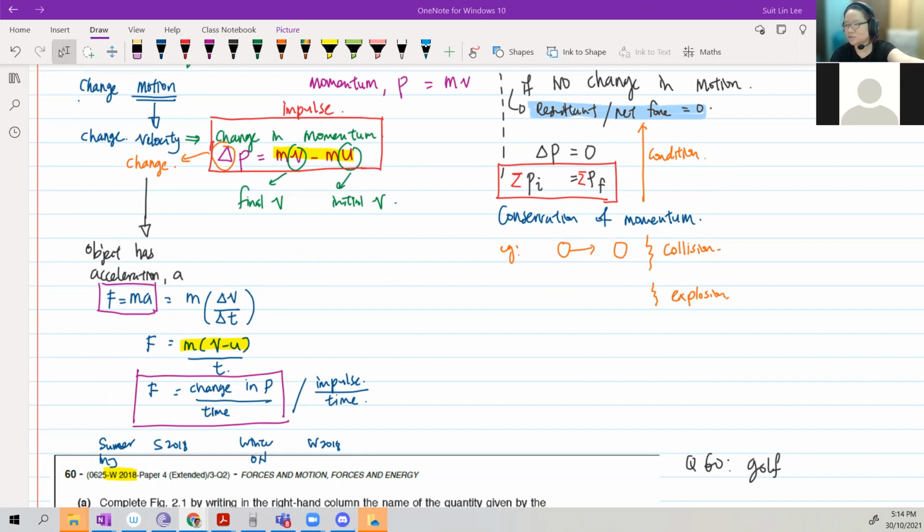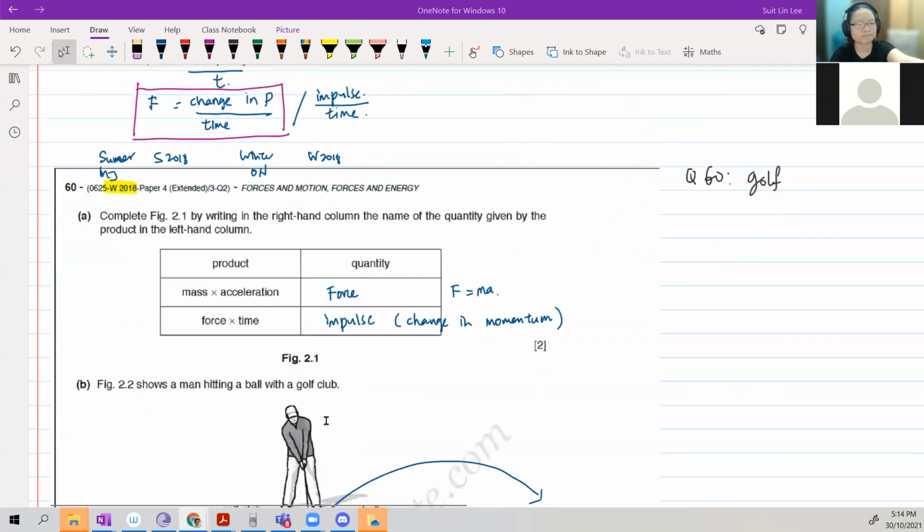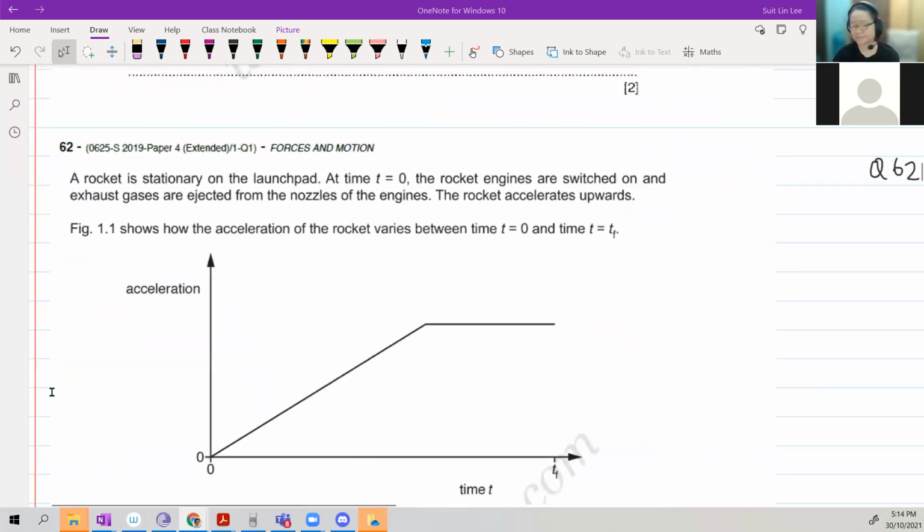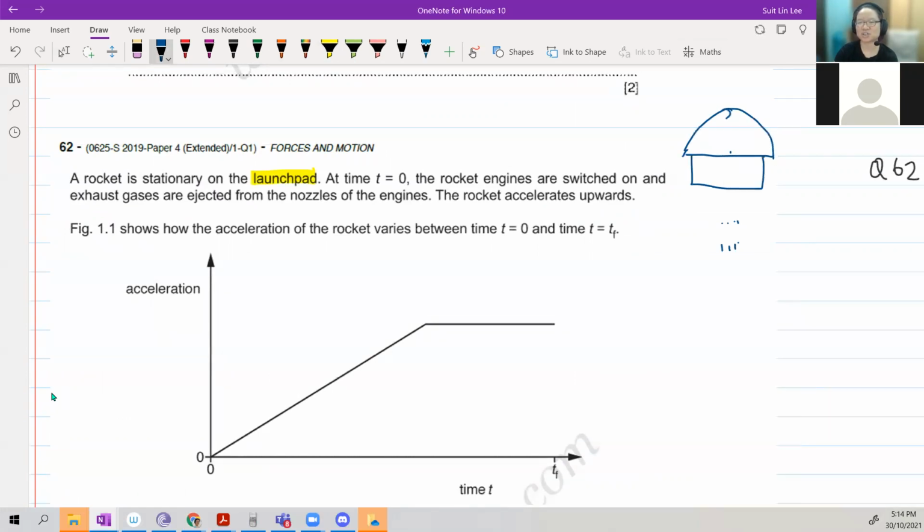Okay. So now we're going to dive into this idea of momentum, but we're going to focus on the acceleration here. So we have a rocket that is stationary on a launch pad. So let me draw a rocket. Miss Lee's rocket will look like a house. Maybe the rocket will have some dome shape, because normally they will slowly by stages shoot out the fuel tanks, right? So then it will take off.